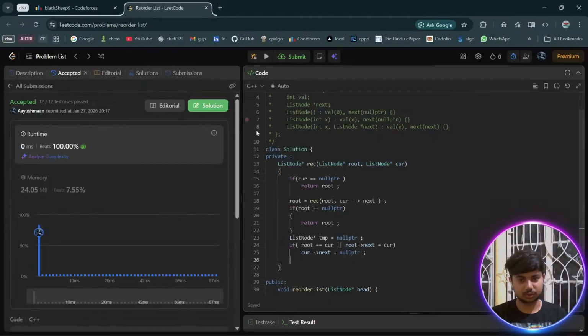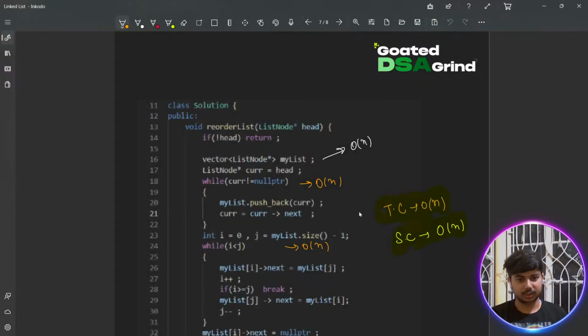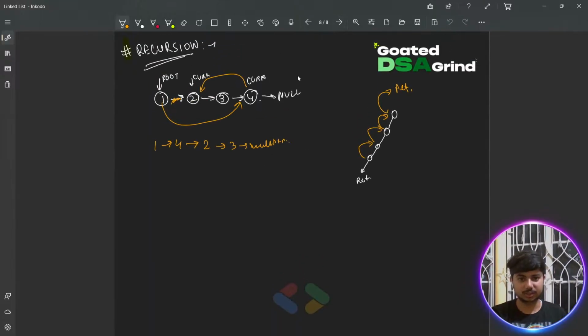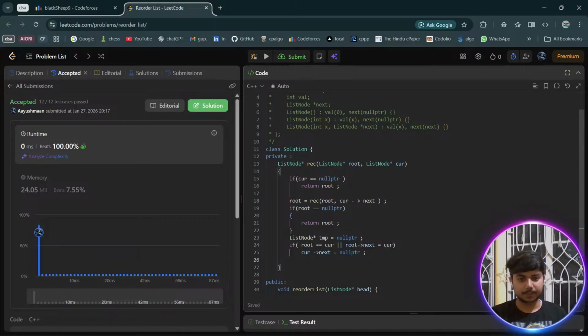समझ रहे हो? अगर ऐसा वाला सिचुएशन है, कि अगर आई और जे हमने क्रॉस किया था तो हमने नल पॉइंटर बना दिया था, it's the same thing here, कि इफ रूट इज इक्वल्स टू करंट और रूट का नेक्स्ट इक्वल्स टू करंट, तो हम क्या करेंगे कि करंट के नेक्स्ट को नल पॉइंटर बना देंगे। और अगर ऐसा नहीं होता है, तो अभी हम लोग टेम्पररी